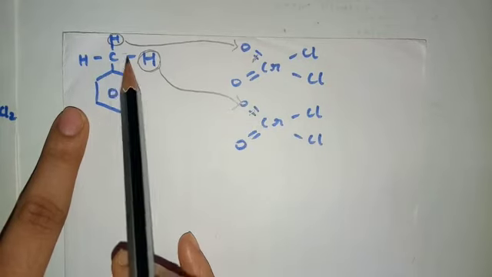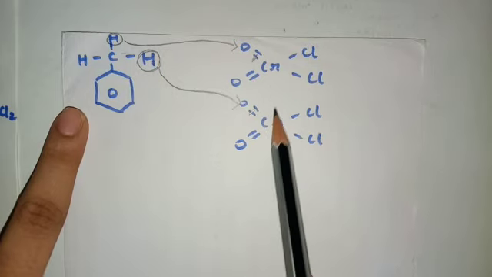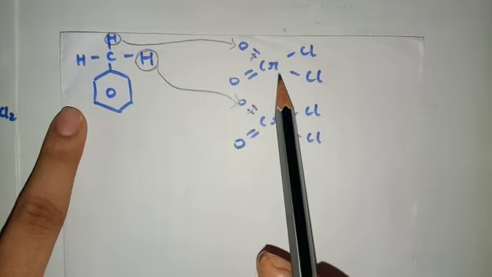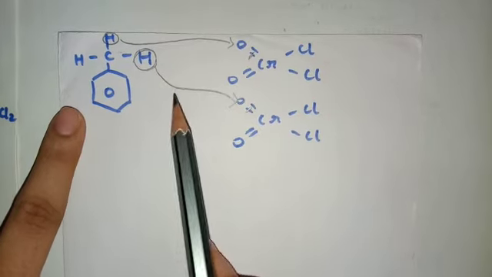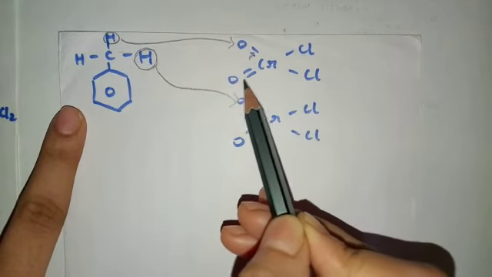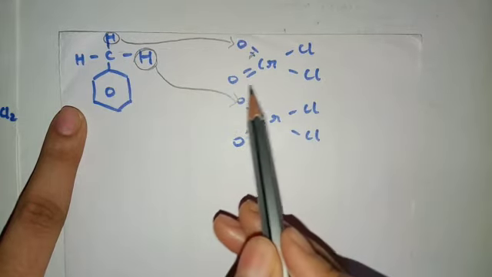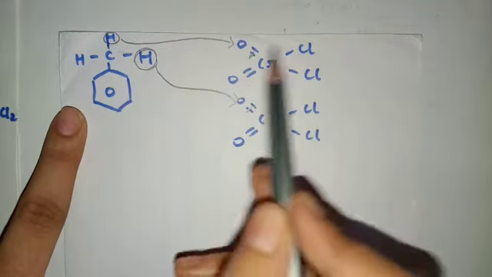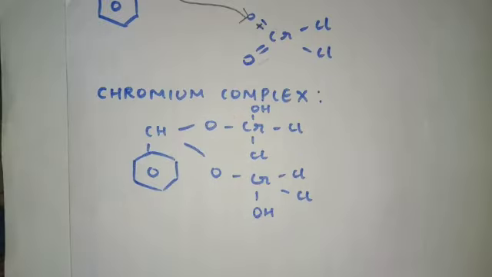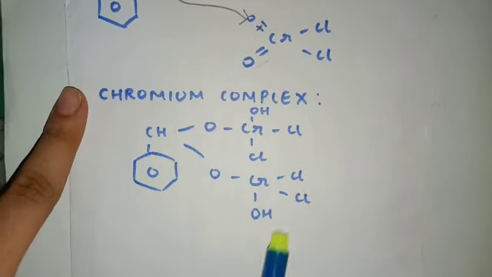Now this carbon has two valencies less. Chromium shows variable valencies, so it doesn't matter to chromium. Now the question is, how are we supposed to attach this over here? For that, the next double bond, that is the double bond with this oxygen, will break, and you can see two bonds are less. So with the help of this oxygen atom, both these molecules will be attached on this structure. So students, the chromium complex intermediate that you obtain looks somewhat like this.